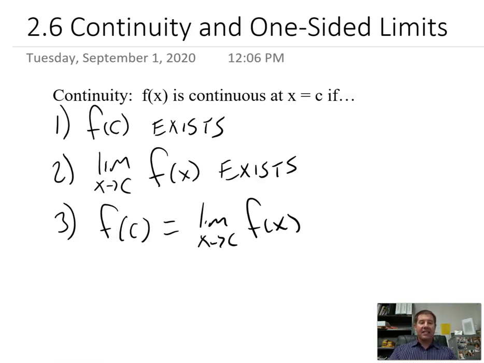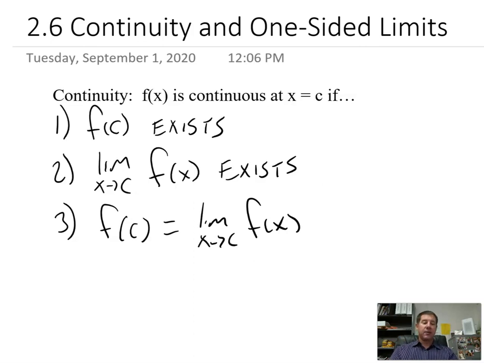1. F of c must exist. The function must exist at that point. 2. The limit as x approaches c of f of x must exist. As I approach from the left and the right, I better approach that same value. And then the third piece of that is when I'm approaching from the left and the right, that same value, the value that f is must equal that same thing,